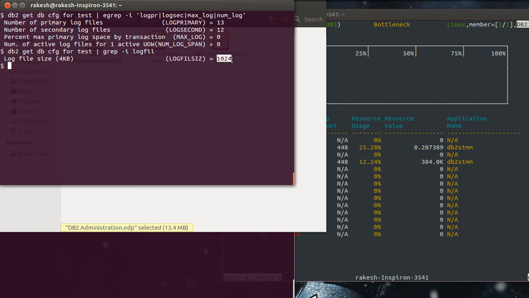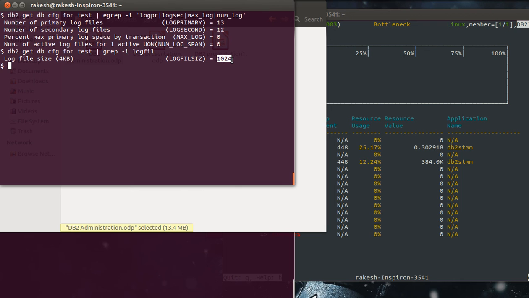by the database. Okay, now again this has to be done in agreement with the customer SLA, right? So we cannot just go and set the parameter as we wish, it has to be done with an agreement from the customer. So that is the use of max_log. The max_log parameter will only look at the value of the log primary, not the log secondary. Okay, and the value you define here is the percentage.